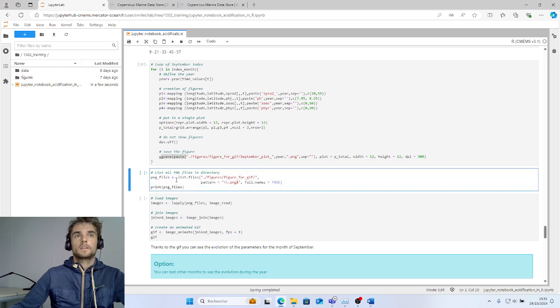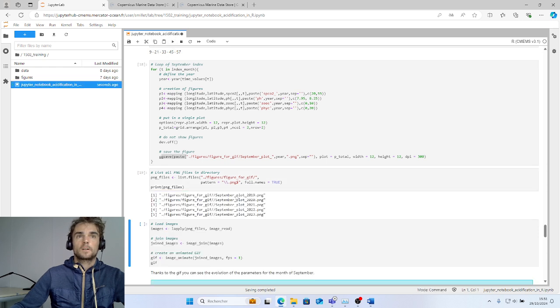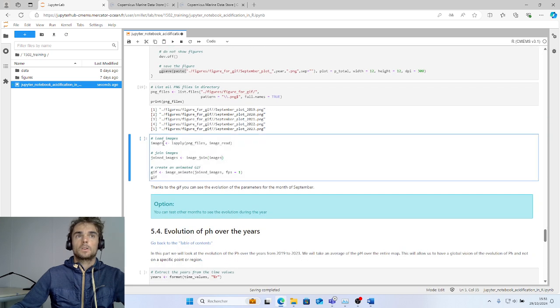Here it is a list of whole PNG files in the directory we define. We see the directory, and here there are three lines. The first line is to load the image.